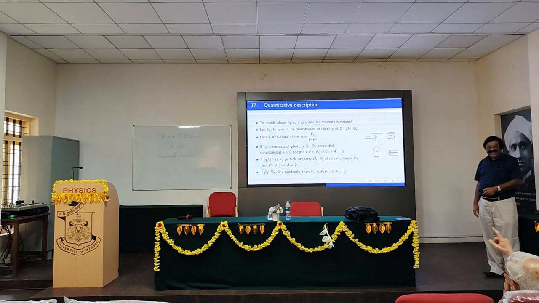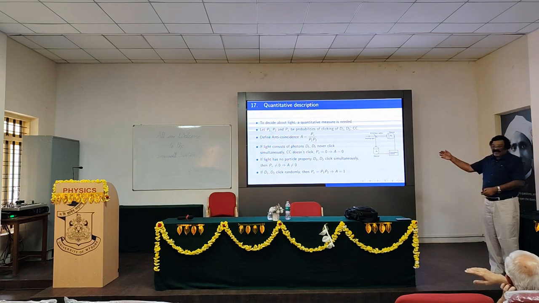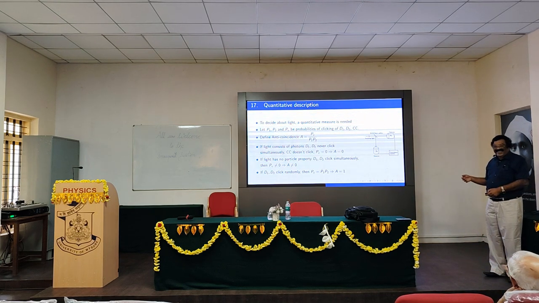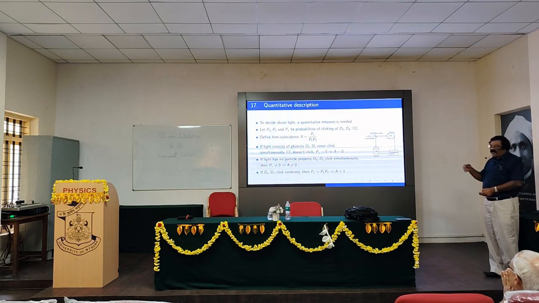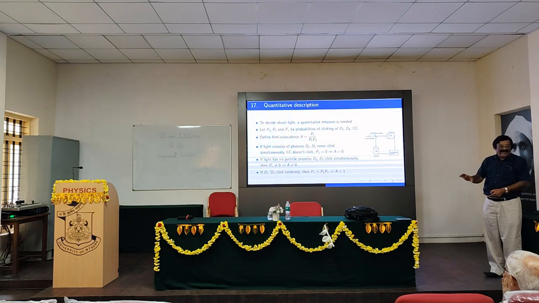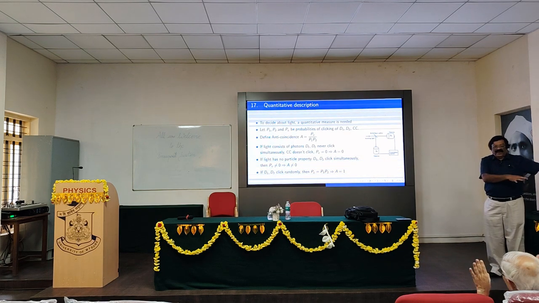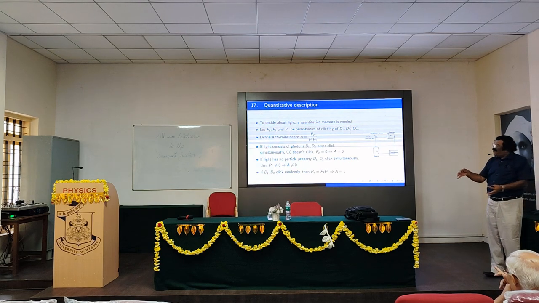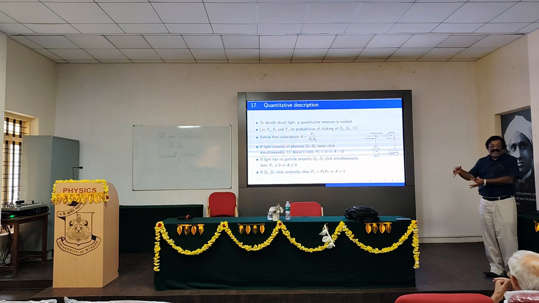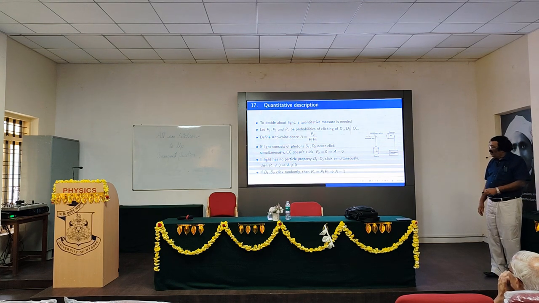A equal to 0, A equal to 1, and A not equal to 0. The third one and the second one belong to one class, where A is non-zero, and the first one belongs to another set. So this one clearly supports the particle nature. The other supports the wave nature, and the other one talks about the detector's behavior also.